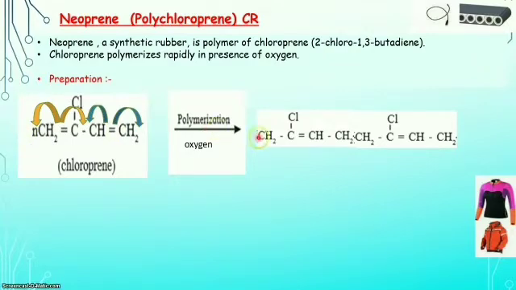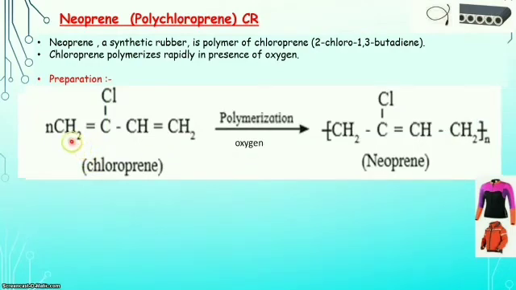So the polymeric chain will start with dash CH2, then single bond up dash Cl, then there is a formation of double bond due to this electron and this electron. The double bond is here, then CH, then single bond, then CH2, then again a new or another repeating unit will start from this side. So the final reaction will be n number of chloroprene undergoes polymerization and gives the long chain of neoprene polymer.